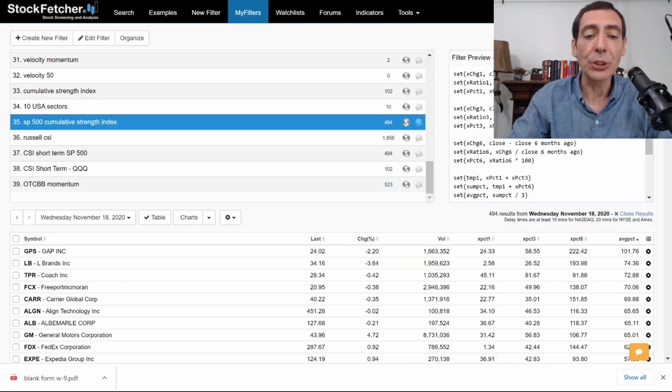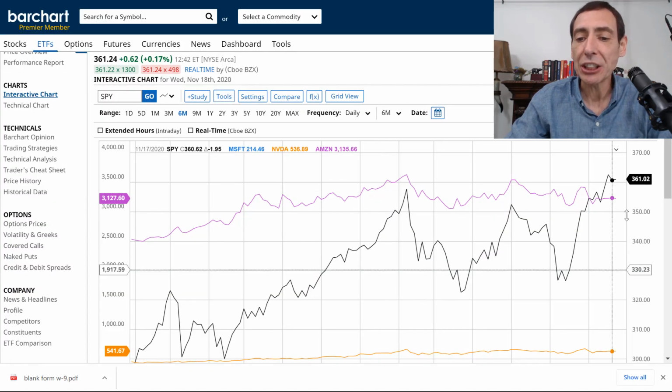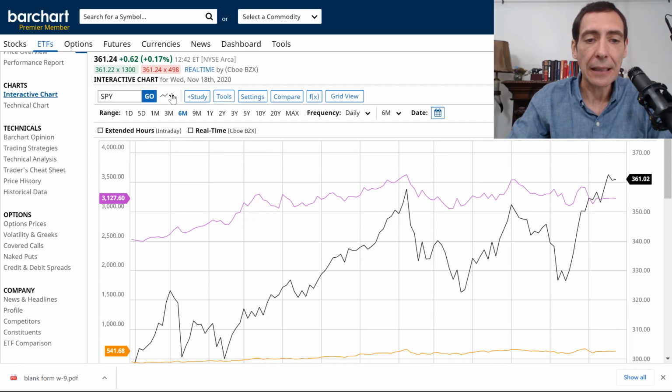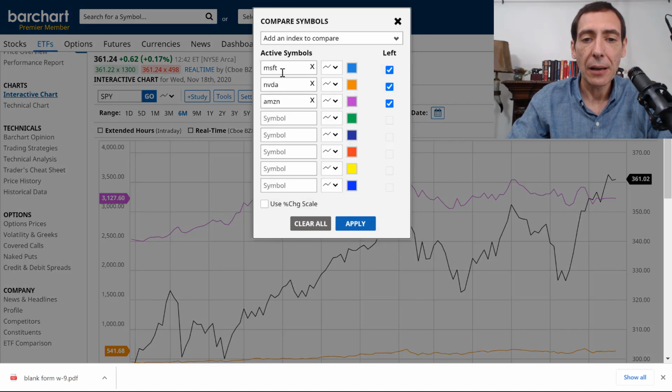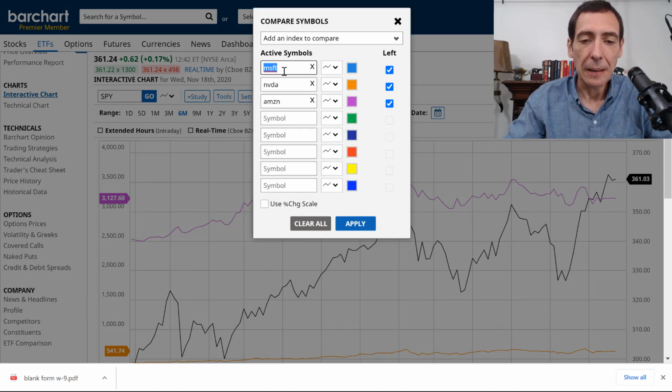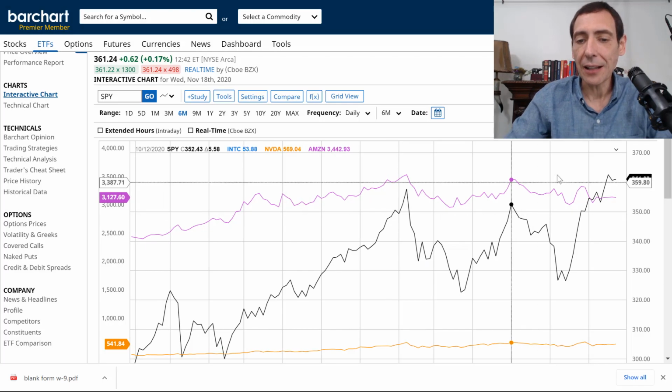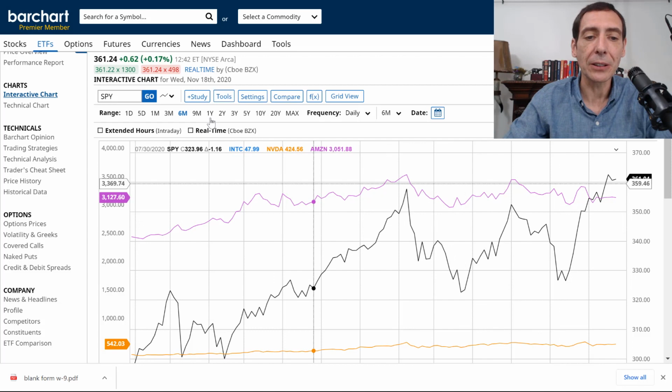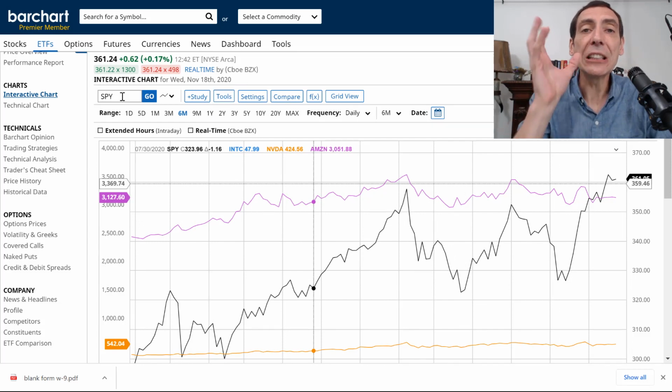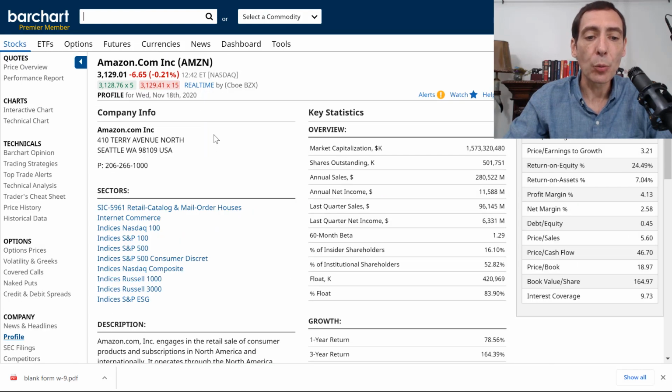So again, we start with relative strength. We see the assets that are gaining strength. Then we see the correlation between these assets. And again, in this case, you can compare, for example, Intel, all right? And that's Intel, and you can compare that to the S&P 500. But again, the machine does all this automatically for us. Then we would go to the third step. We would look at